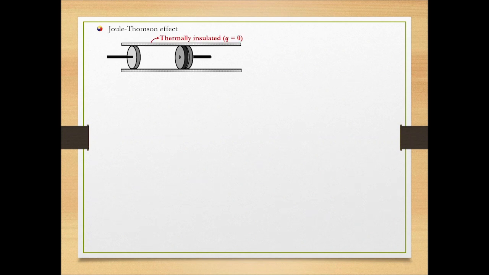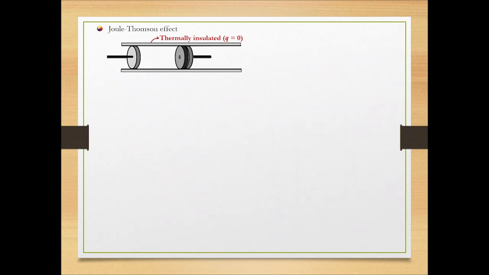Here is a cylindrical container. There is a barrier with a small opening in the middle of the cylinder. A piston is installed on each side of the cylinder. The whole cylinder is thermally insulated to provide an adiabatic environment. Consequently, there is no heat transfer between the system and the surroundings. The pressure of the gas on the left side of the cylinder is higher and is about to expand through a small opening on the barrier to the right side of the cylinder.